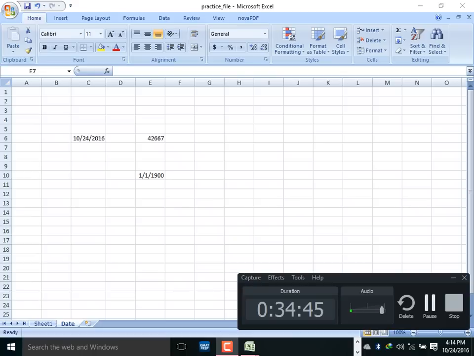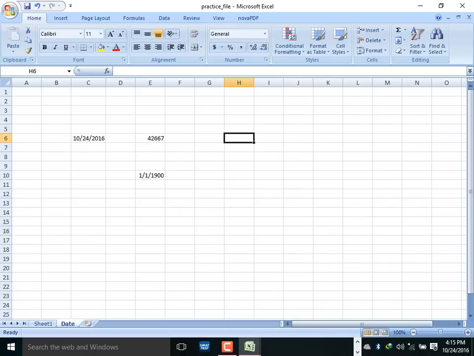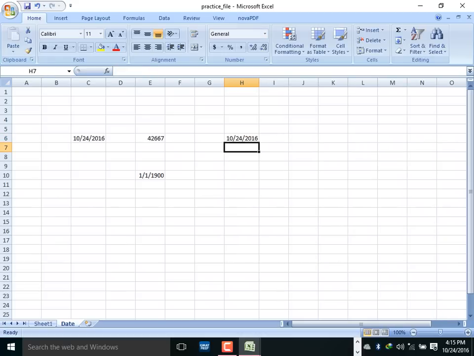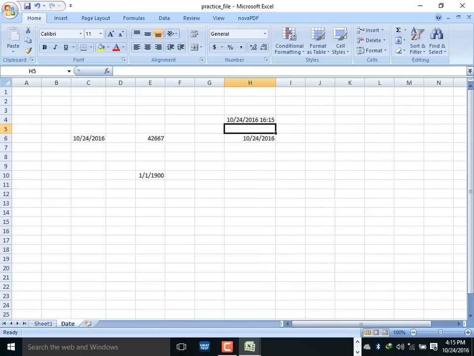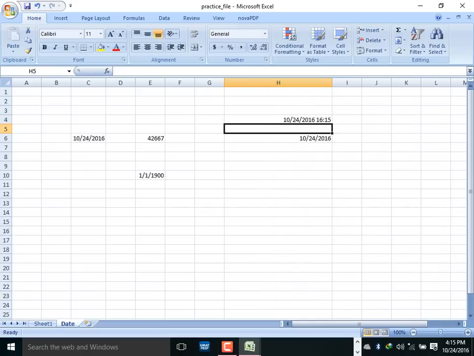So then equal today, just today's date, equal today. First bracket, second bracket. And another thing, if we give now, date and time both, date and time both, then